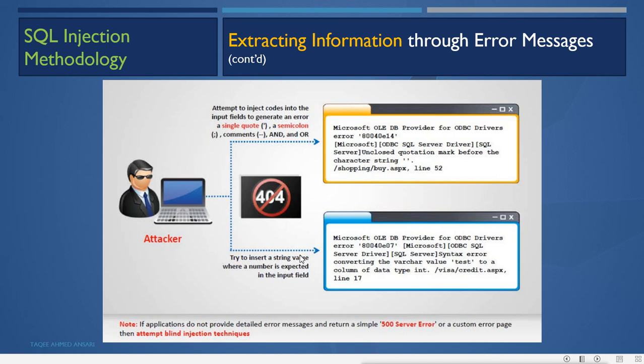And also when you try to put a string in a field for numbers, it will give this error like ODBC SQL Server driver syntax error converting the varchar value 'test' to a column of data type int. So here you can see there is an error. It is showing that it is not able to convert the text into integer. But it is giving this error, that means it is accepting that value. That means in place of the numbers, we can add the query characters there. If it is not accepting it, then you will not see this error, you will see directly invalid input.